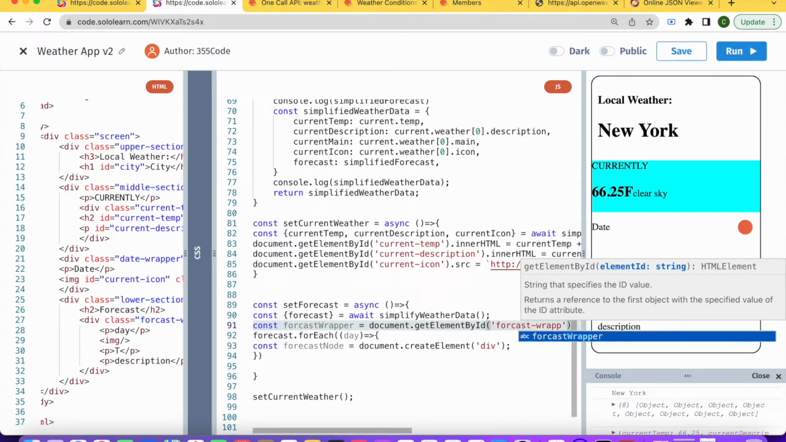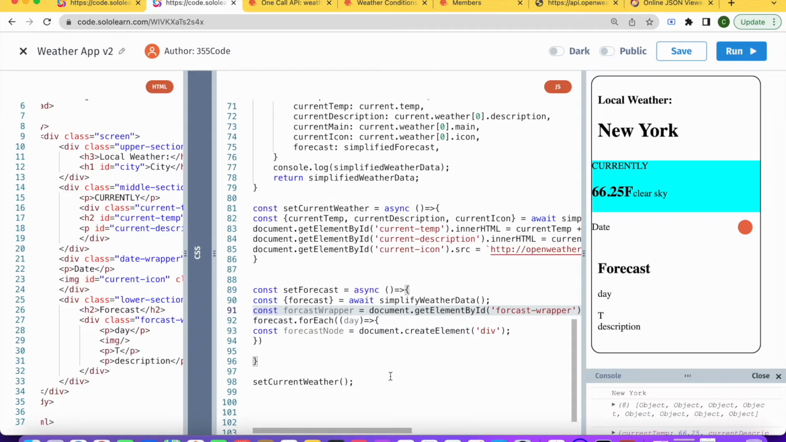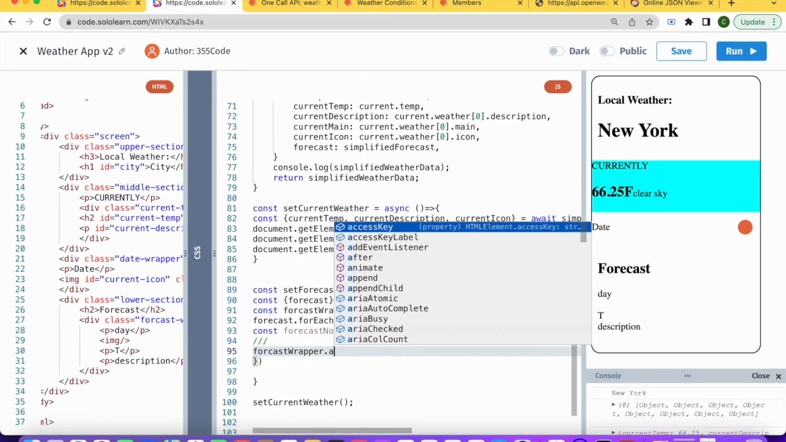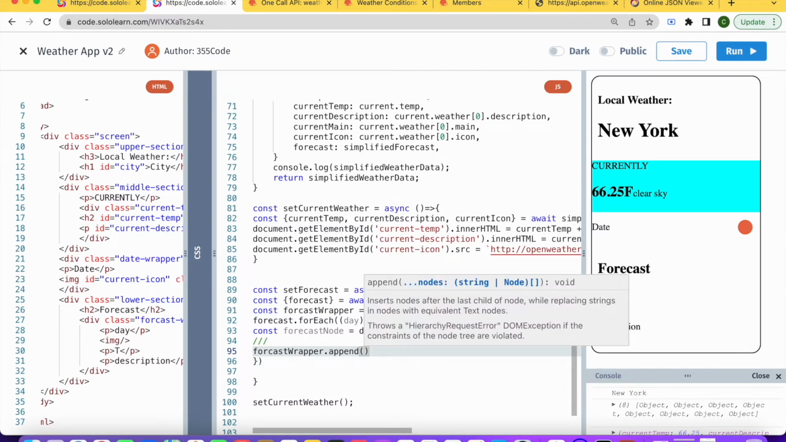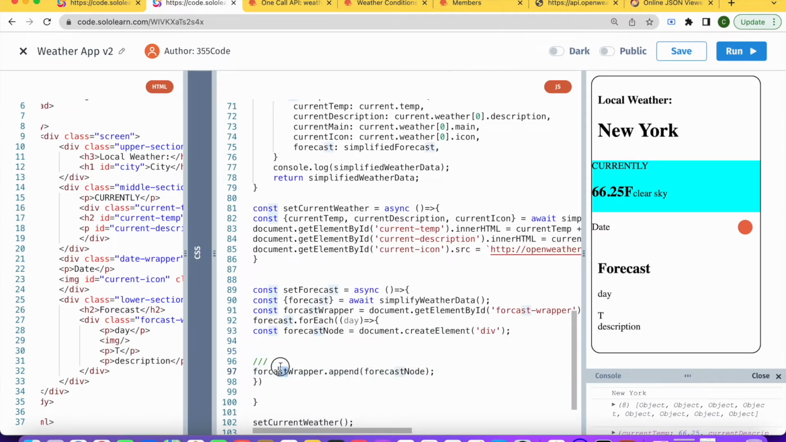And just remember that some are upper case and some are camel case, so just pay attention to that. And now what we can do is, for each day, we're going to create this forecast node. Here we're going to attach some stuff to this forecast node, and then here on the bottom, we're going to do forecastWrapper.append(forecastNode). Okay, that's what's going to happen here at the end, but we have to fill in what's going to happen here,